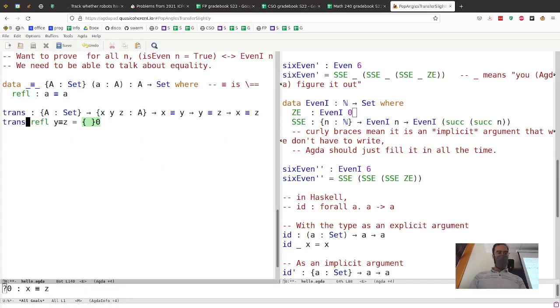So okay, it said, all right, yep, it's REFL. But here's the funny thing. REFL only works if the two things were literally the same. So this was a proof that x equals y, but since this is REFL, I guess x and y must actually be the same. So by pattern matching, we learned, or Agda learned, that x and y actually are the same thing. So if we look again at the goal,